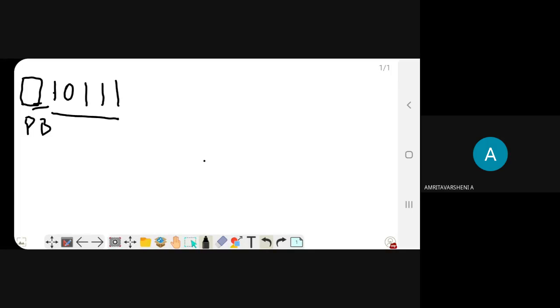Here you will mention whether it is of even parity. How many ones are there? You are having 4 ones in the data. So when you go for even parity, it will be 0. If it is an odd parity, it will be mentioned as 1 to make it odd. Can you get me? Have you understood?